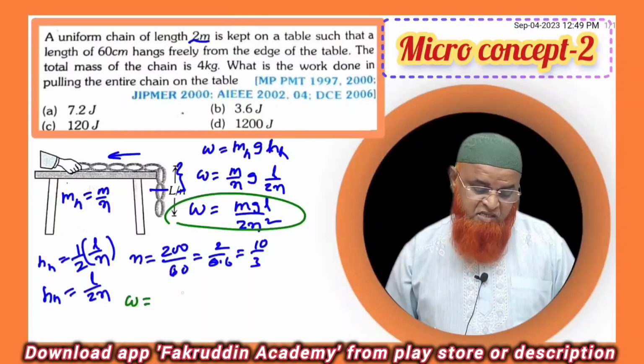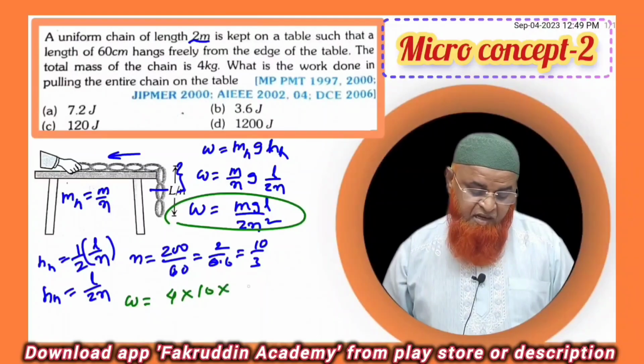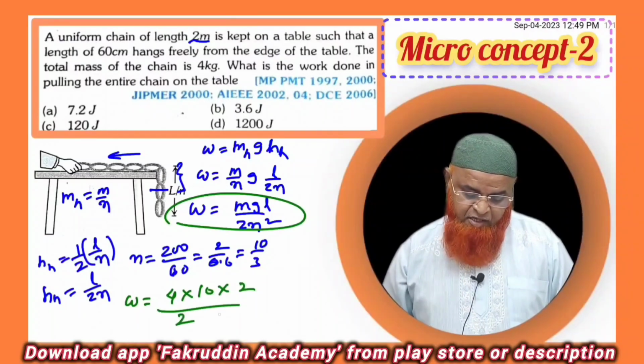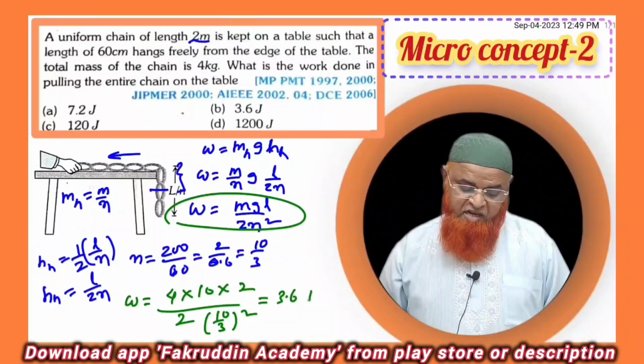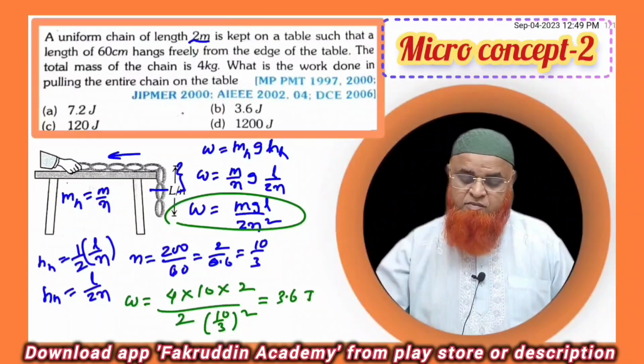So W is equal to mass of the hanging chain, which is 4, g is taken as 10, L is 2 meters, divided by 2, and n square is 10 by 3 whole square. If you solve, you directly get 3.6 joules as your answer. Hope you have enjoyed this micro concept. Thank you very much. Have a nice